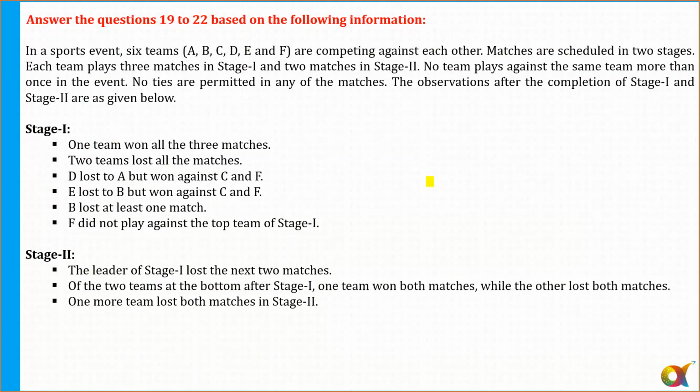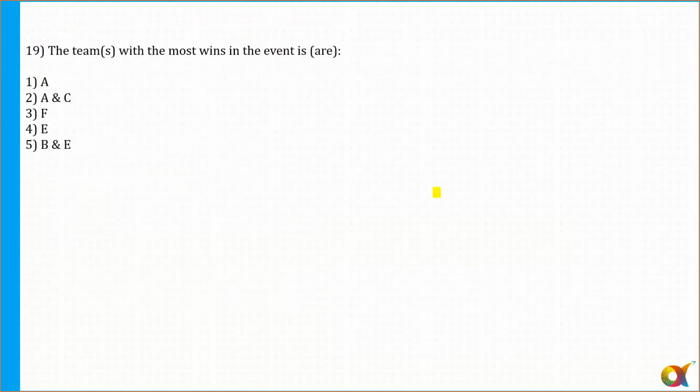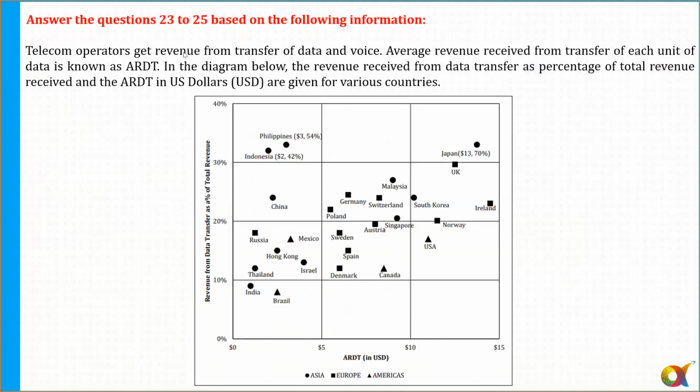Okay. Now, let's move to the last set, that is 23 to 25. I'll discuss 19 to 22, it's easy. Now 23 to 25. Let's see. So again, it is based purely on calculations, but like I told you, whenever there are questions like this one, it's all about the ratios.